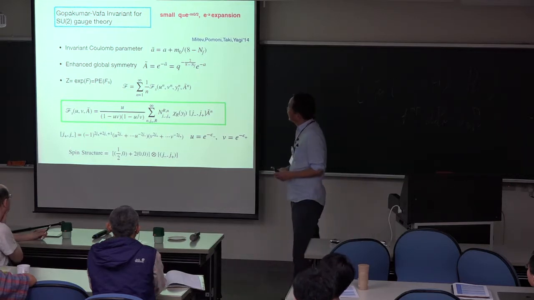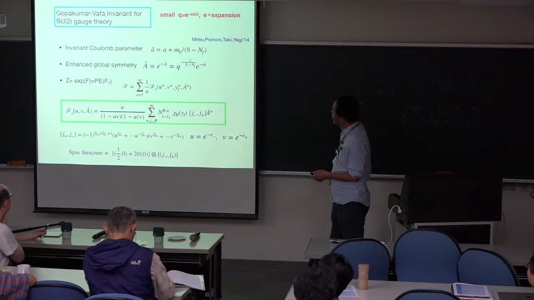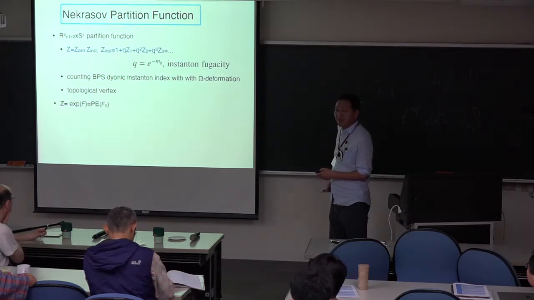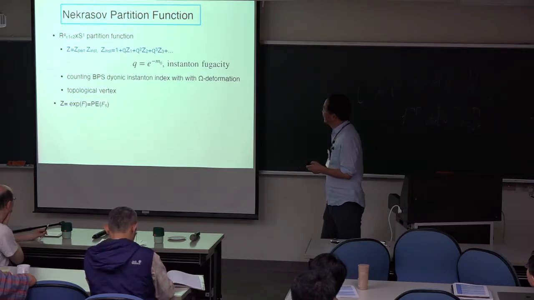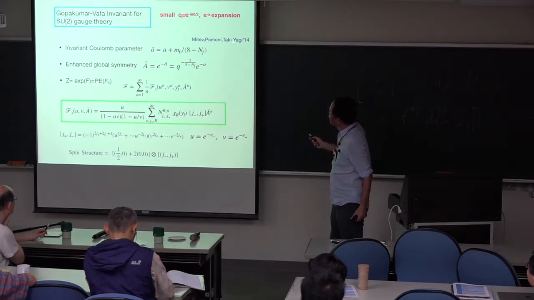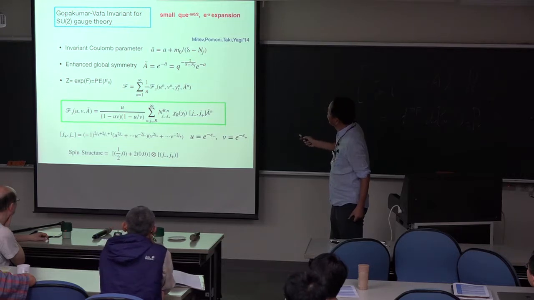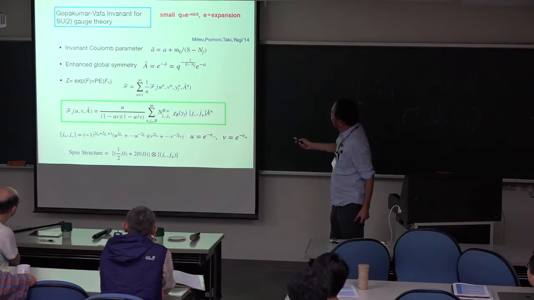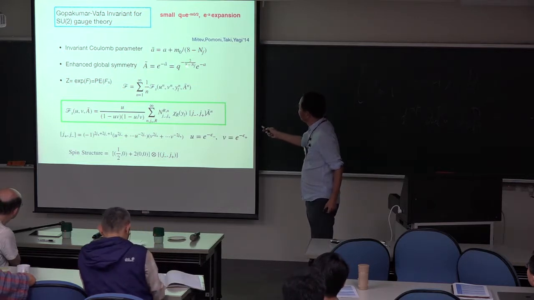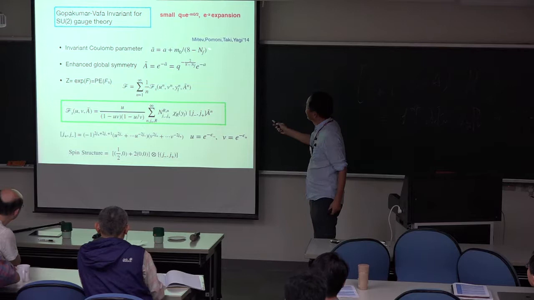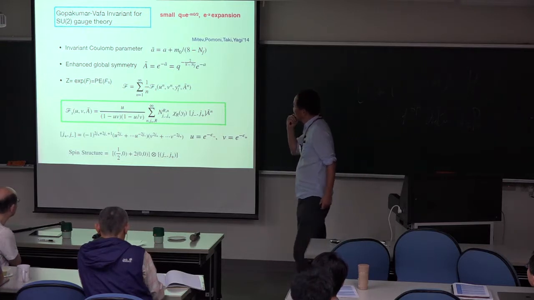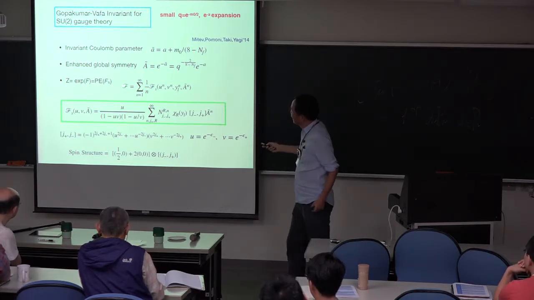Interestingly enough, when they did this Nekrasov partition function, which I will show just a little bit later on, this group of people found that the natural expansion parameter is not the electric charge, rather a shift of the electric charge with the instanton charge. So with this shift, the natural expansion is in A tilde, and with this very particular power of the N_f dependence, which you will see very natural later on, with that,